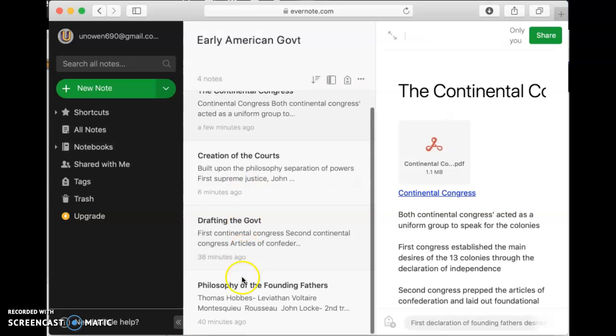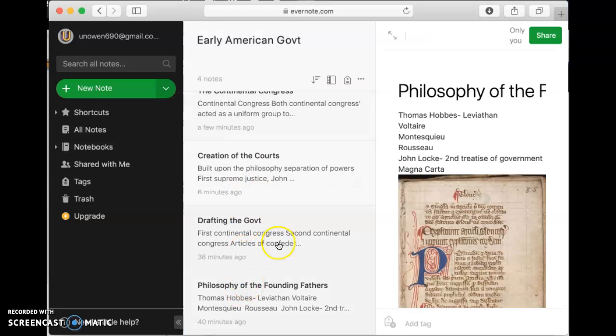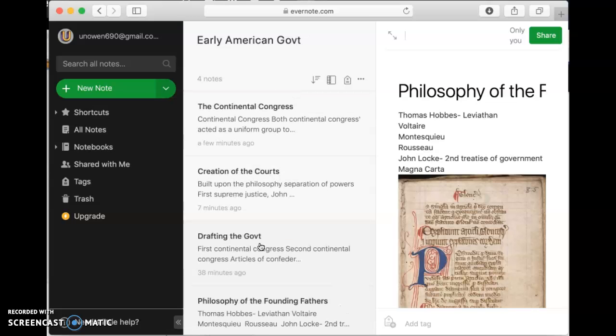If we go through to that one, I have several different notes in there pertaining to ideas such as the philosophies of the Founding Fathers, what actually went into drafting the government, the Continental Congress, and the creation of the courts. I have some brief notes about, for instance, here, who the significant philosophical authors and ethical writers of the day were that influenced the Founding Fathers, as well as relevant photographs of the Magna Carta here to use in